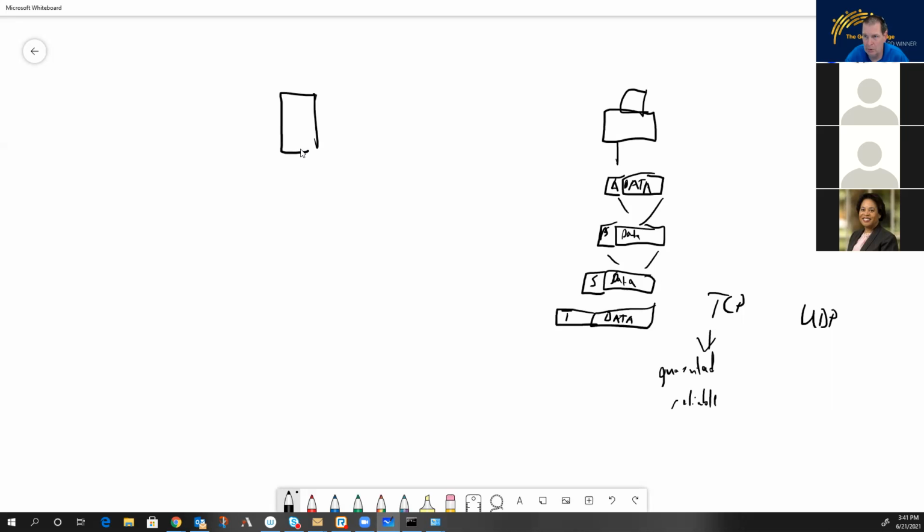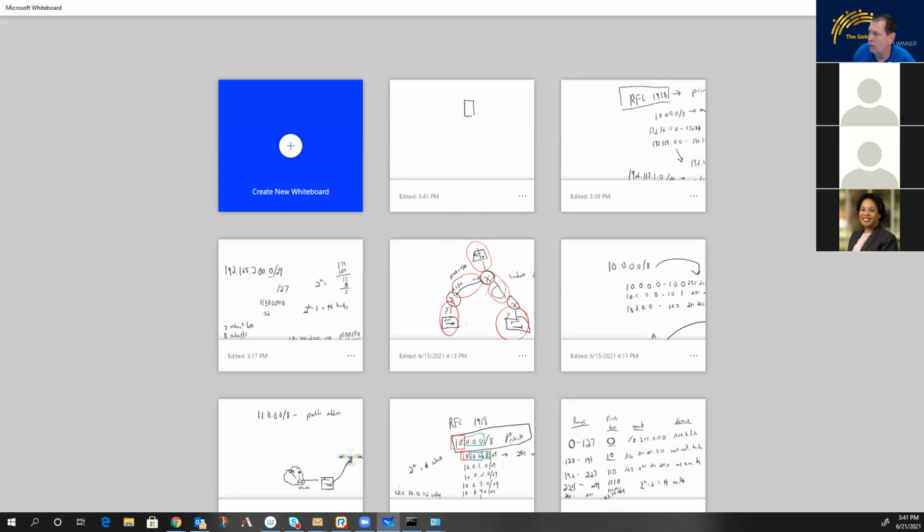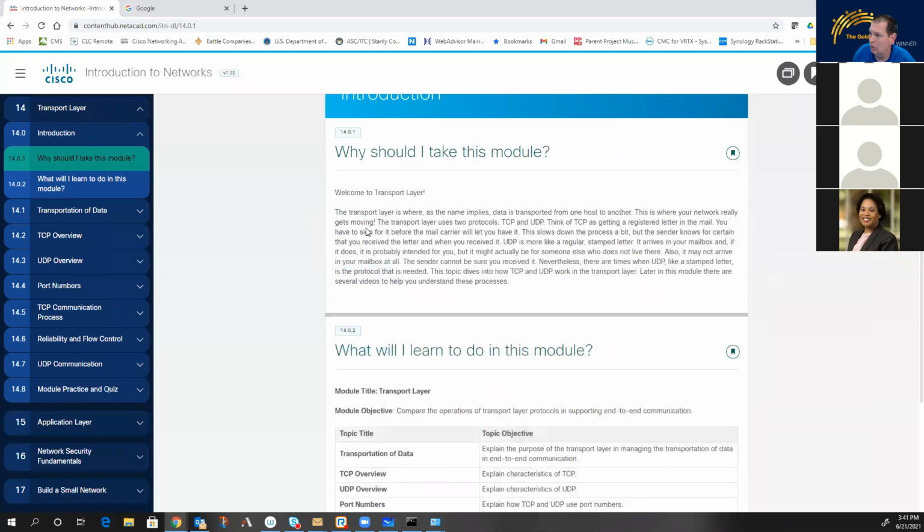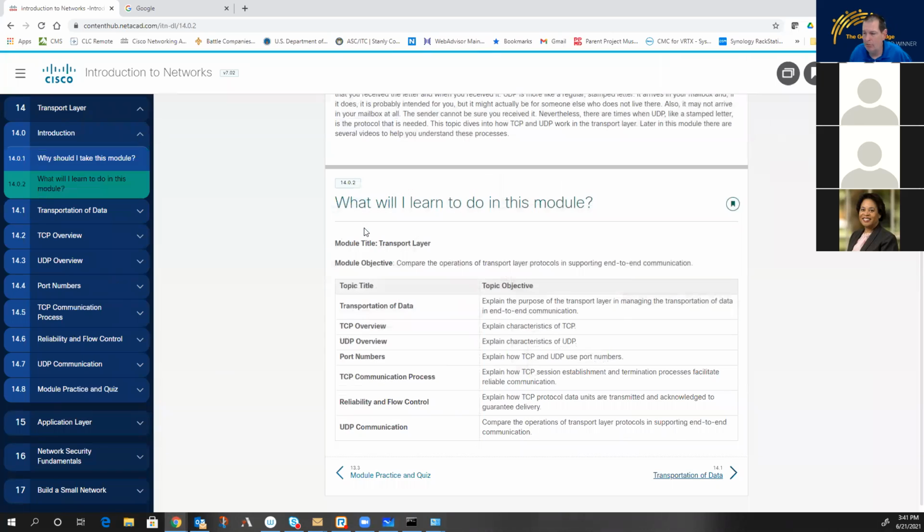It does retransmissions. It does segmenting. It does windowing. UDP is best effort. It doesn't care. It tries to get it there, but it doesn't really make sure it gets there. So as we go now on to the actual curriculum to look at layer 4 of the OSI model,